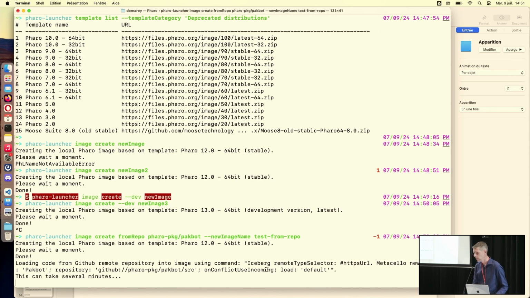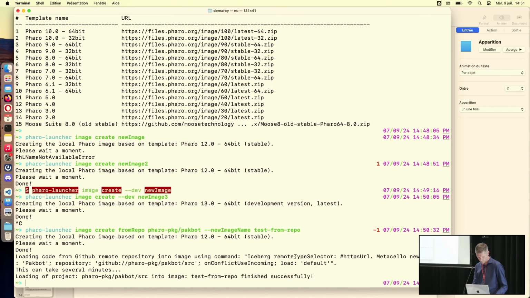So by default it looks for baseline and it will load the default group. Okay, it's finished.